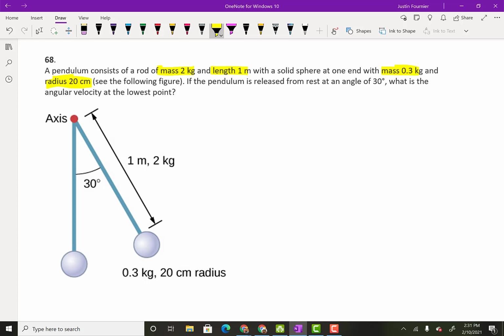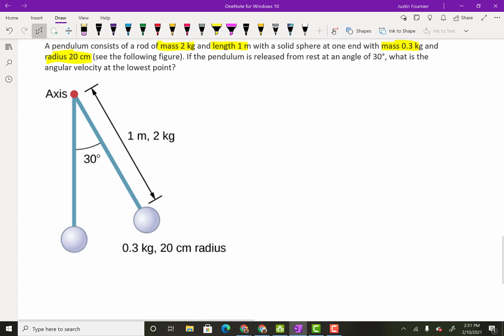If the pendulum is released from rest at an angle of 30 degrees, what is the angular velocity at its lower point? So it's released from rest at an angle of 30 degrees, and what's the angular velocity? So I think what I'm going to do is use energy. But here's the thing, and here comes back to this idea of center of